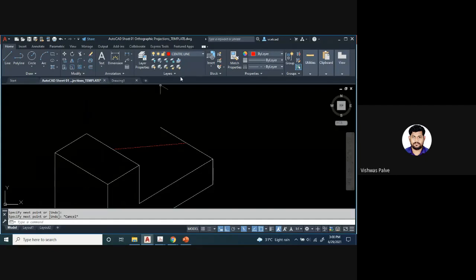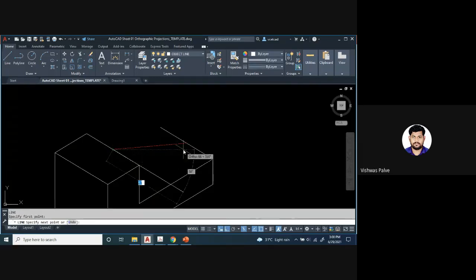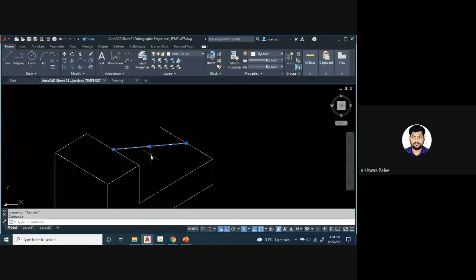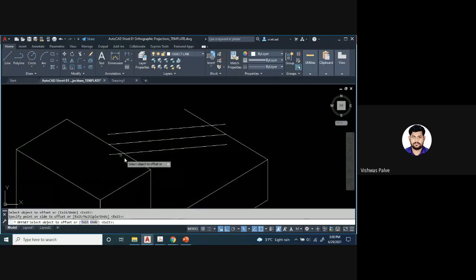Yes, one more thing I want to share here, that you don't have to use the offset command. Suppose if I want to draw parallel lines here. Okay, I have drawn this line, but if I want to make 5 mm on this side, 5 mm on the other side, so instead of using offset, see what happens. Suppose if I use offset command, O enter, 5 millimeter distance. If I select this line right side, select this line left side, what is happening? Can you see what has happened? It has been offset, but it is not exactly at the same distance. So in that case, just keep this line different.